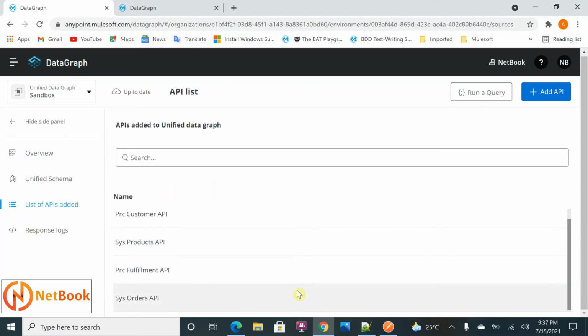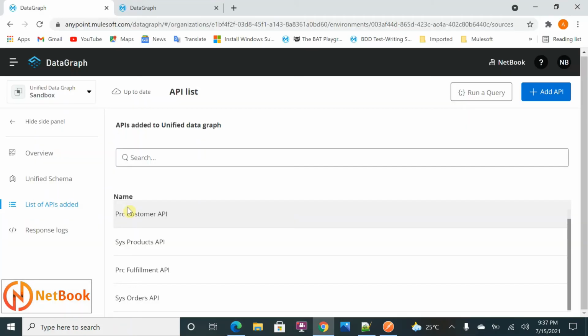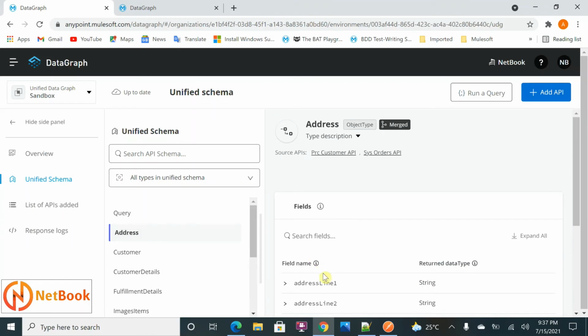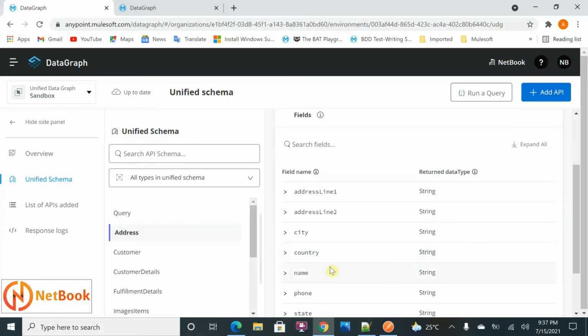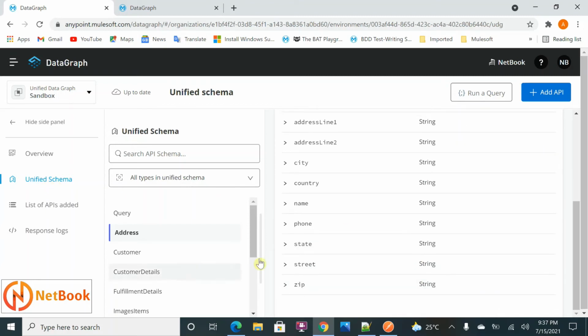The next thing is you can have up to 16,000 fields per unified schema. In the unified schema, address has address line 1, address line 2, city, country, name, like this. So in your unified schema, you can add a maximum of 16,000 fields.